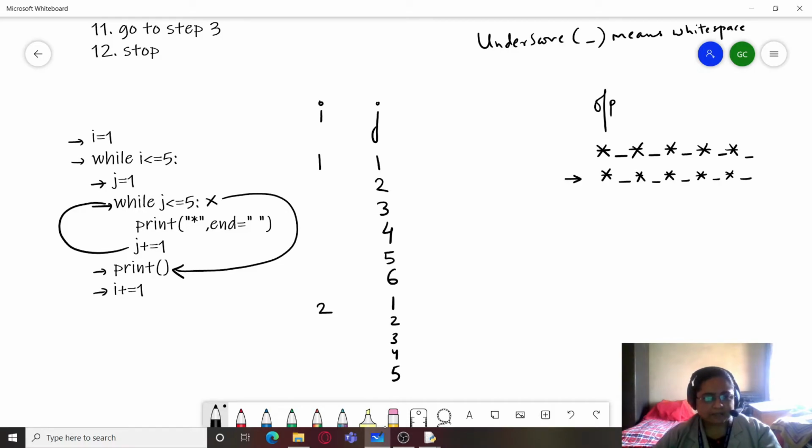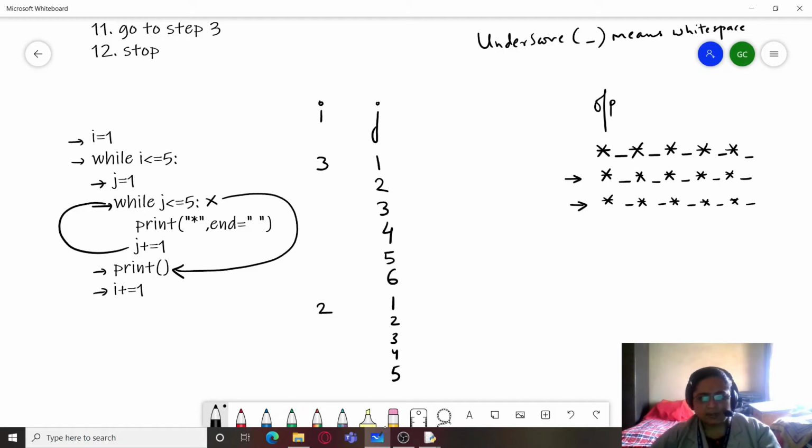And after this loop is executed, again change the line, increment the value of i, so now the value of i will become 3, and again j will take up all its values, so again it will print all the asterisk signs.